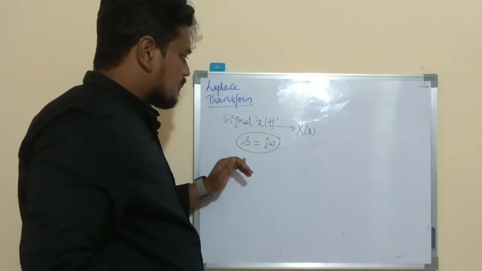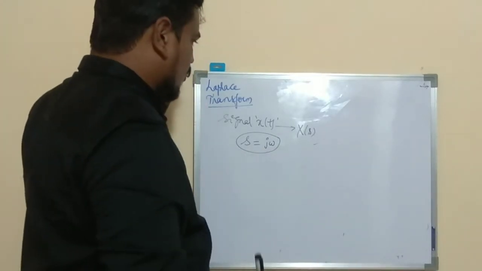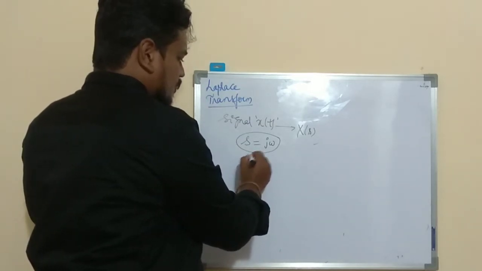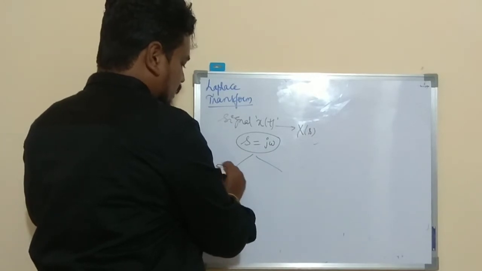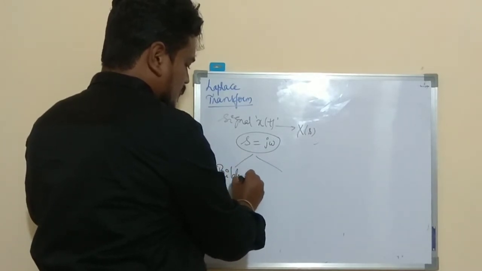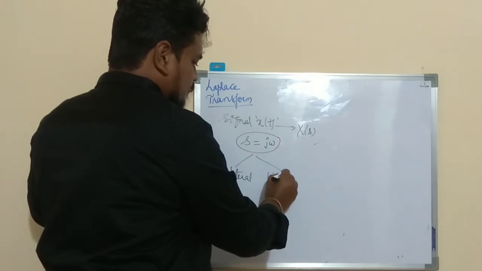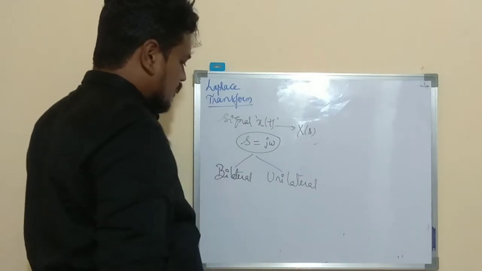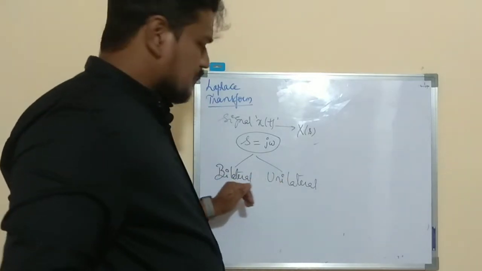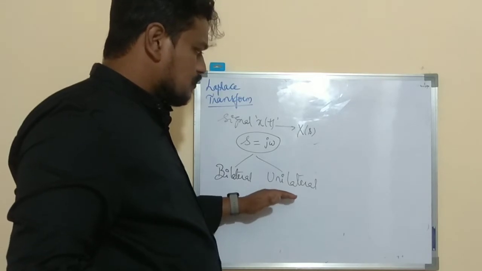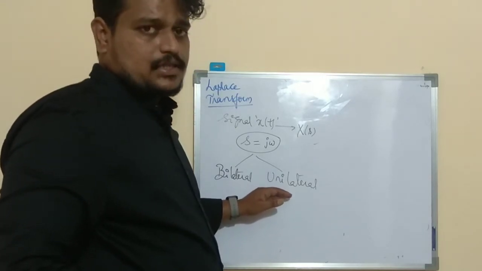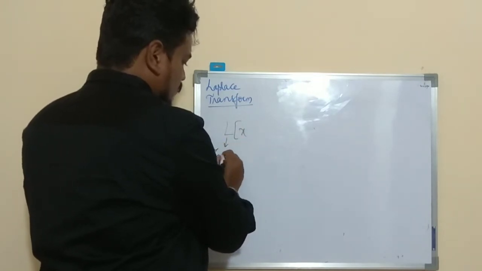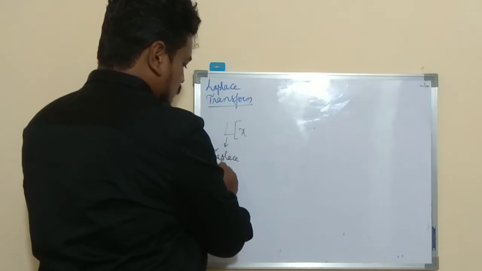You need to know the formula of Laplace transform. There are basically two types of Laplace transform. The first one is bilateral, and the next one is unilateral. I'll tell you what these bilateral and unilateral are. Before starting, you need to know the basic formula of the Laplace transform. Laplace transform